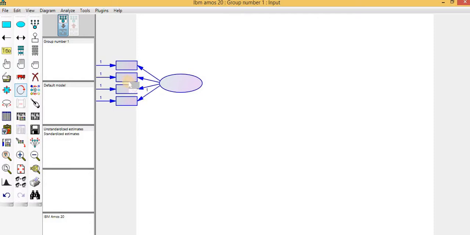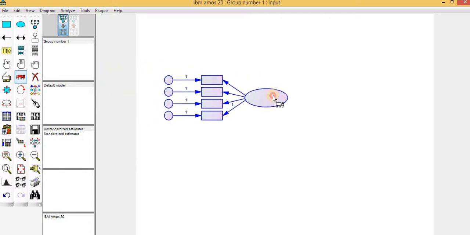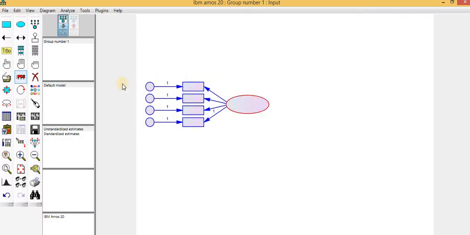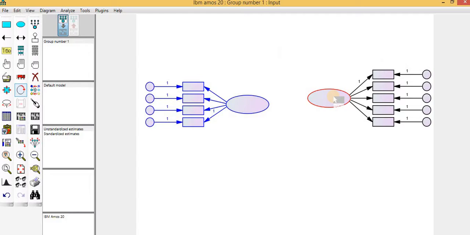This is the button to select all. You can see that the color of all these variables, items and error terms is going into blue, and then by using the move object button you can change the shape. You can pick it here, and then you can again draw your other variable. Click here, change the shape of the objects just like this. Deselect all.